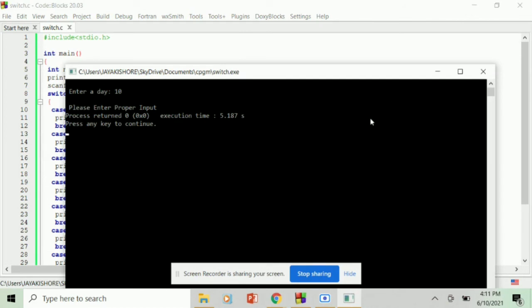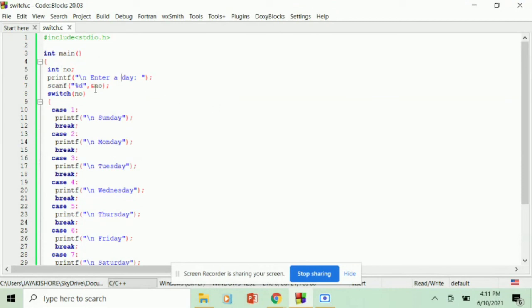Why? Because in the switch cases we have given the days only from case 1 to 7. You can run the same program using the if else ladder also, but the if else statement takes more time to execute the program.